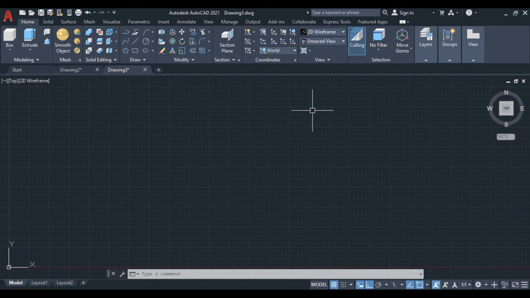So guys, this is the basics of AutoCAD. Don't worry about learning AutoCAD, it is very easy software. You can learn it in a minimum of 2 or 3 months if you take it in a good way and progress hard.